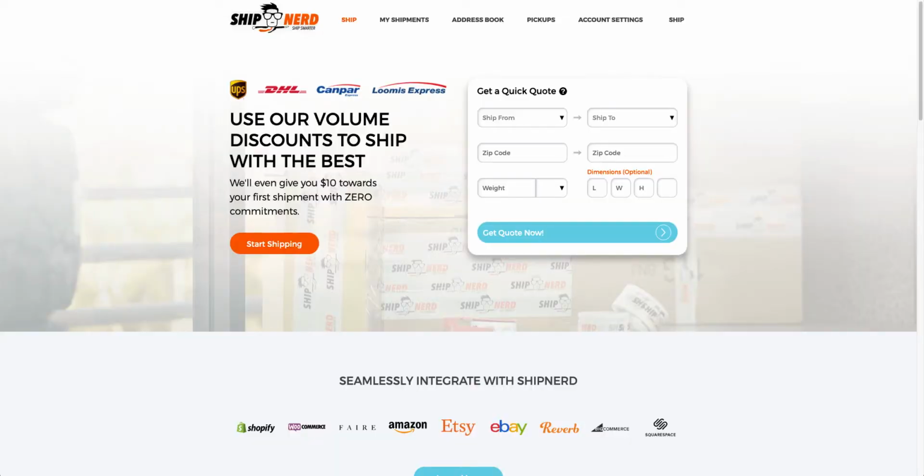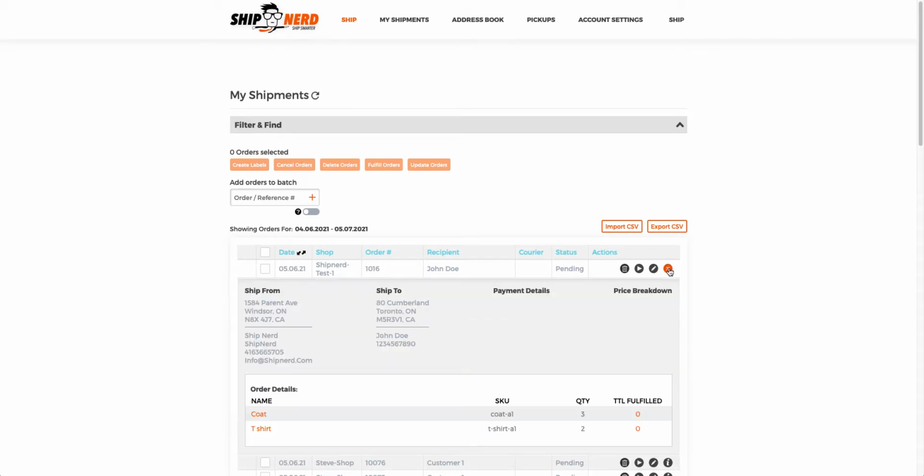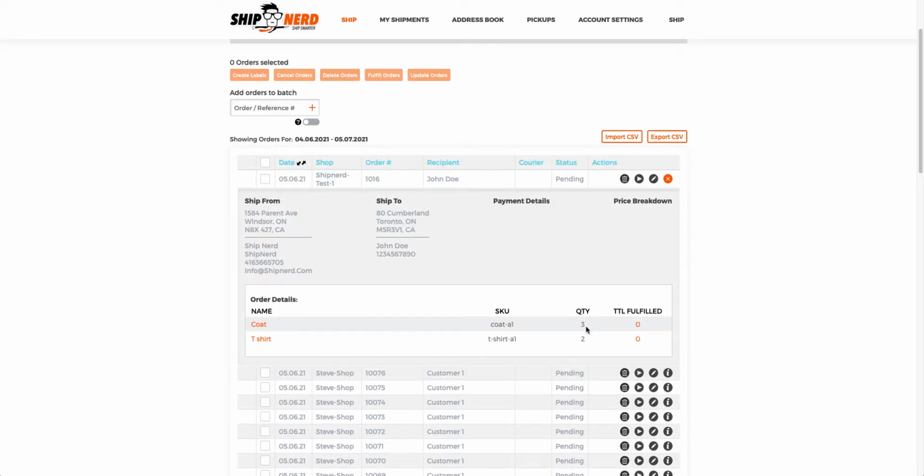Now, if you go to ShipNerd's My Shipments page, you'll see order number 1016, and clicking the eye icon will expand, and you'll see 3 coats, 2 t-shirts. Now what we can do is create the shipping label for this order, and you can do it one of 2 ways. You can actually just click the play icon if you want to get rates, or edit the order if you want to see the full order details, such as the package weight, dimensions, commercial invoice information if applicable. For the purposes of this example, we're just going to click on Get Rates,